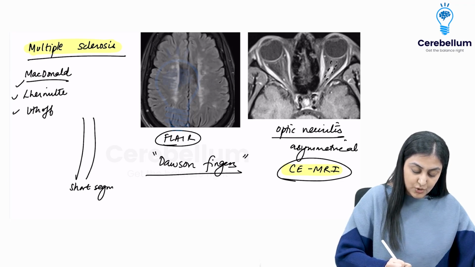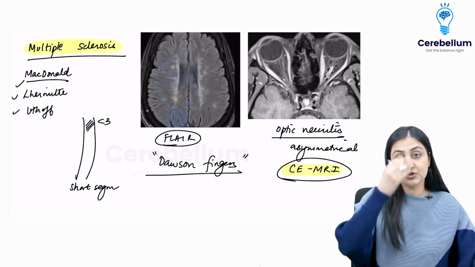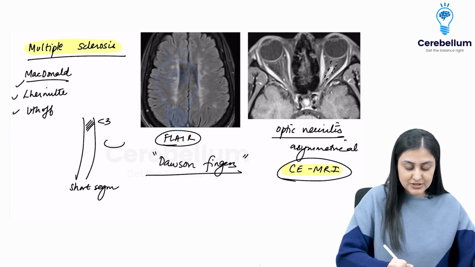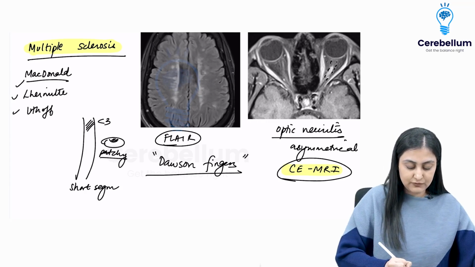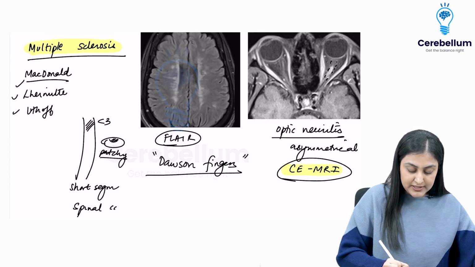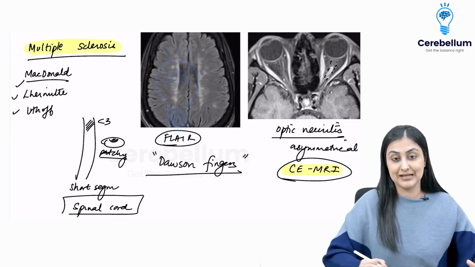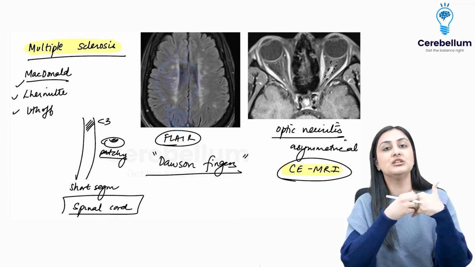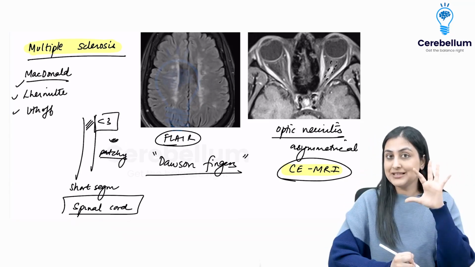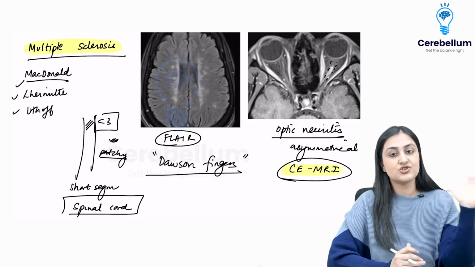Yeah, so there is short segment involvement of the spine, wherein fewer than 3 vertebral segments are involved, and even on a cross section you will see how it is very limited, patchy involvement. Short segment patchy involvement of the spinal cord is what will be seen in MS, versus transverse myelitis. When we talk about transverse myelitis, it's going to be longitudinally extensive, meaning more than 3 vertebral segments would be involved. Okay, so that is transverse